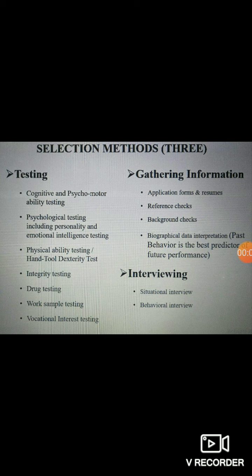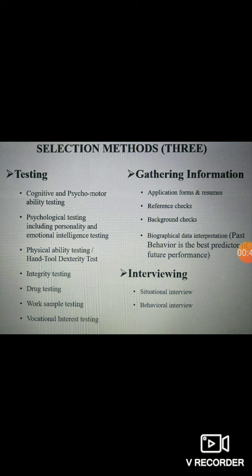In this session, we are going to discuss the second method. In the last session, we were talking about three major methods of the selection process of an employee. If an organization looks for an employee for a vacancy, then we are going to conduct certain steps of selection in which a number of tools and methods will be used. And all those methods, whatever method, tool or technique you name, will be either a testing process, a gathering information process, or an interviewing process.